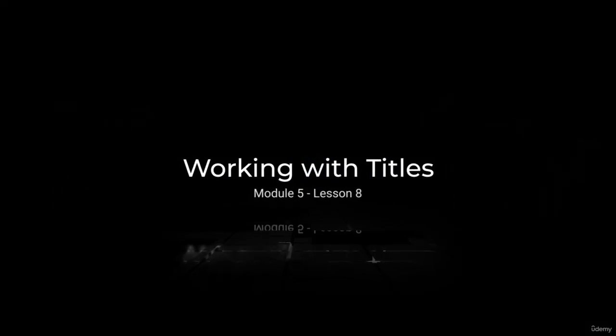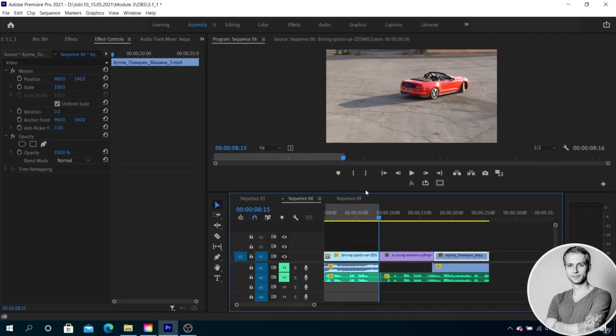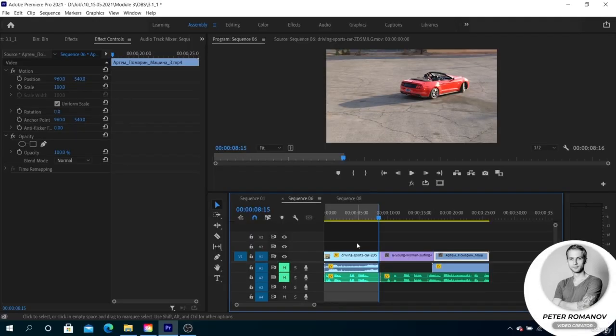Working with titles. So, I have to tell you about the titles a long time ago. How are they created? We have a new tool for typing, it's the Type tool, that is located on the timeline